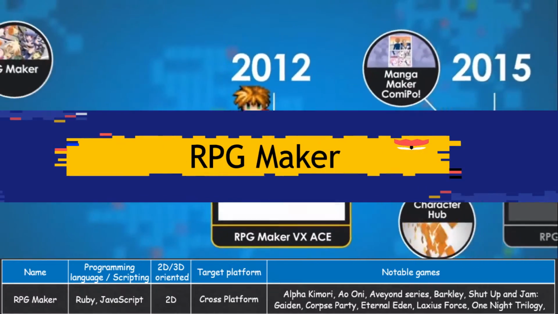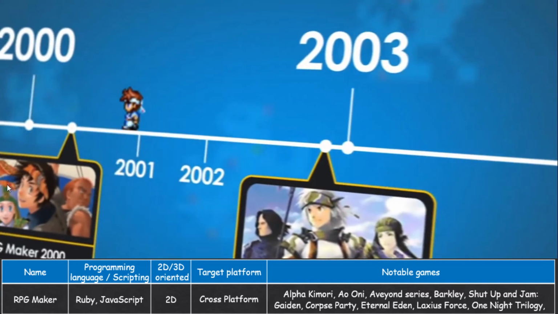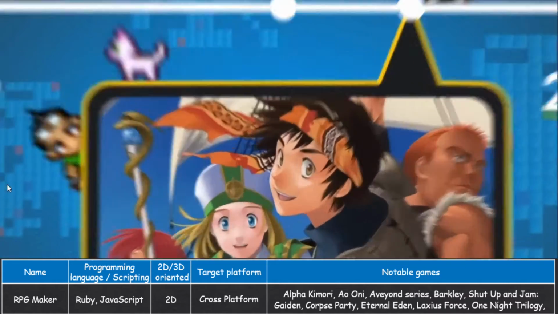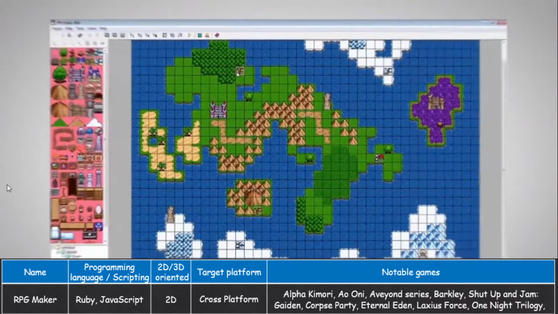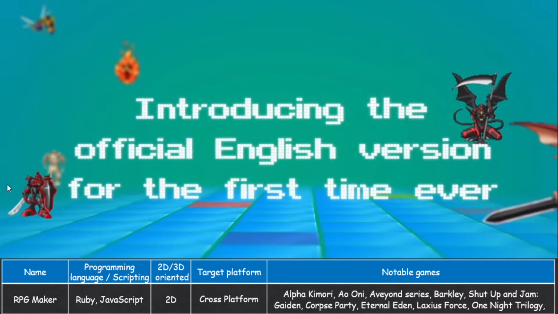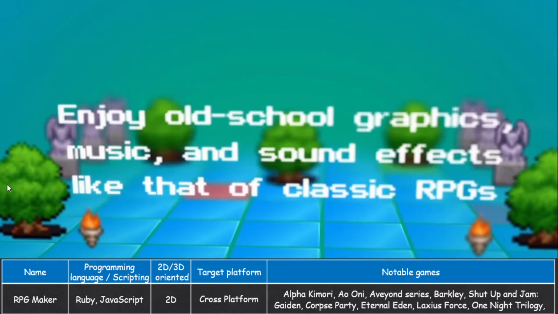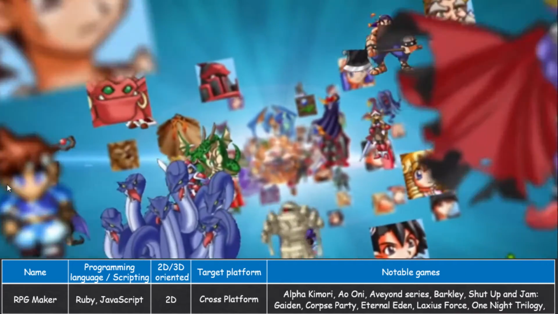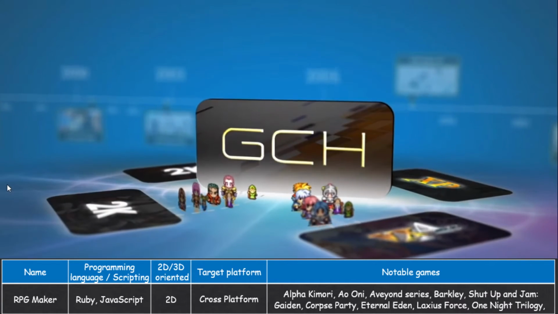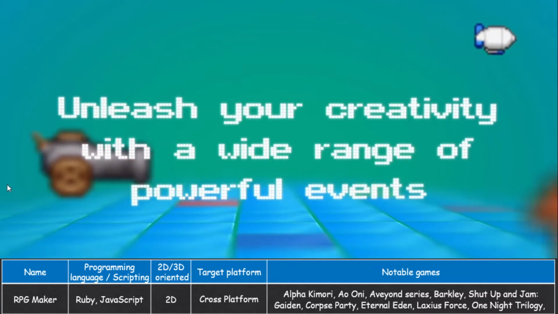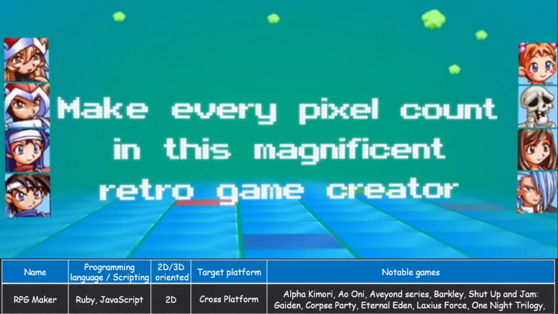Number 7 in the series is RPG Maker. RPGs are one of the most popular genres in the industry. Thanks to RPG Maker, thousands have had the chance to make their epic adventures with this excellent game development engine. RPG Maker VX Ace improves every aspect of RPG creation. With multiple tileset support, full auto-shadow control, and a flexible features system, Ace gives you the most powerful RPG making tools ever. From combat, cutscenes, and dialogue to environments, dungeons, and bosses, you can do almost anything without having to write a single line of code.